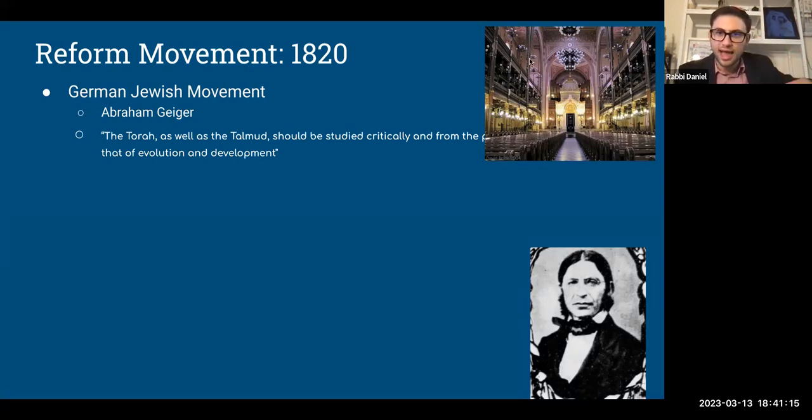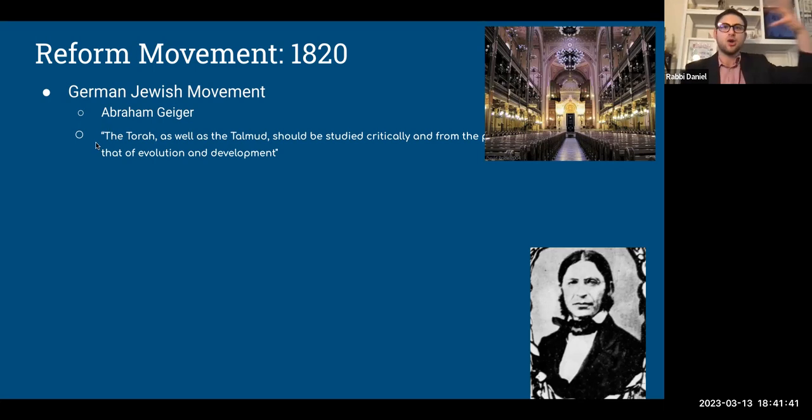Again, and I'll move this picture, all right, it was hiding behind the picture, so we can guess what that word says. But he basically, of course, famously says, right, the Torah and the Talmud should be studied critically and from the perspective of evolution and development. And so again, he posits a much more slow, gradual evolution of Jewish life than a top-down, God said this and God said that,